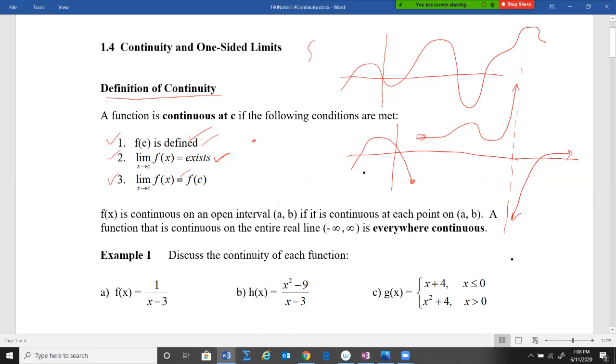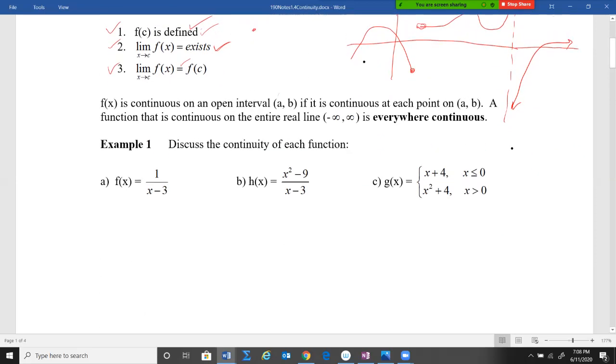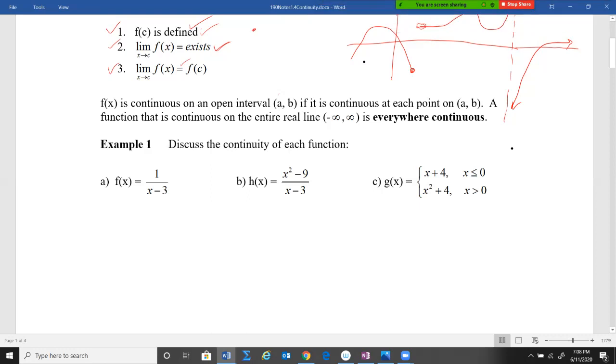Look at a couple examples here to illustrate some of these ideas. Discuss the continuity of each function. Well, to talk about continuity, you have to talk about discontinuity. And here's a rational function. From our experience, we know that this thing does not have a discontinuity anywhere except when the denominator becomes 0. So to find the discontinuity, you would set